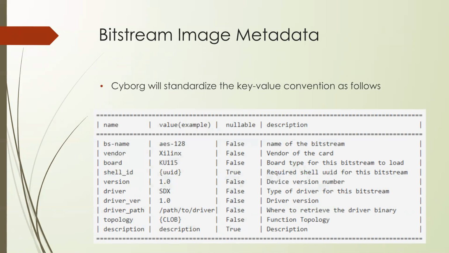Yeah, but isn't this something that Cyborg knows by doing its initial query of the devices, or no? Bitstream image metadata. I'm trying to figure it out, because on our shell we have a UUID, a register you can read from the driver. We can expose that UUID and say, here is the shell UUID for your FPGA. But this UUID is not generated by Linux though. It's the UUID in Glance. I think something is missing here.